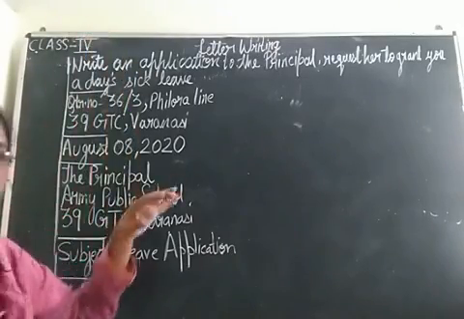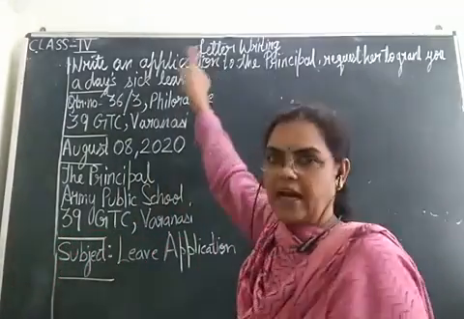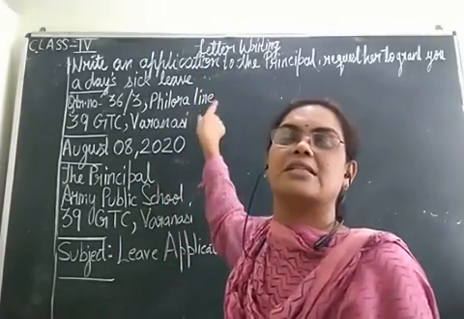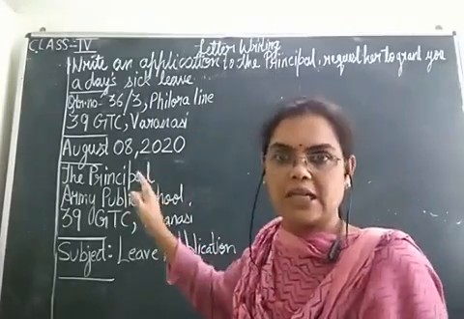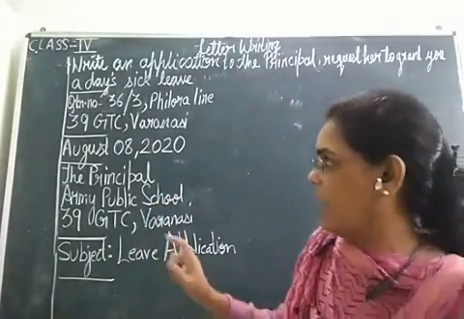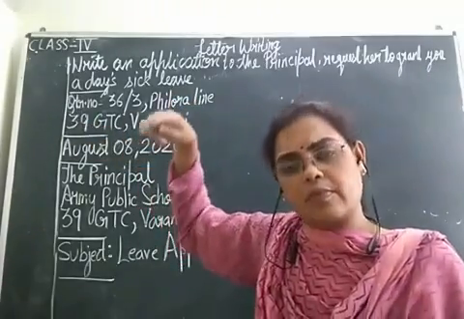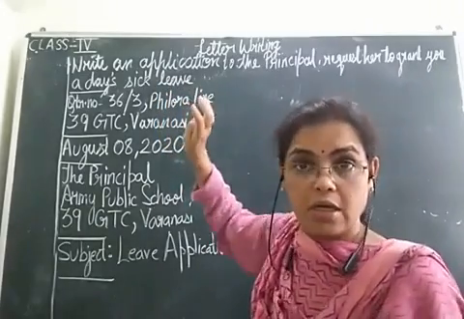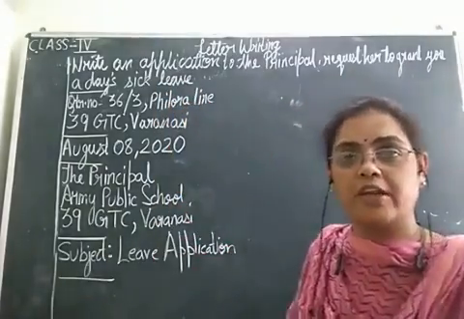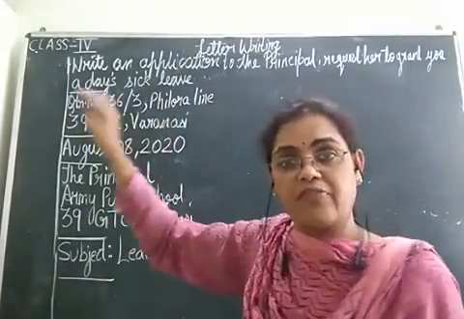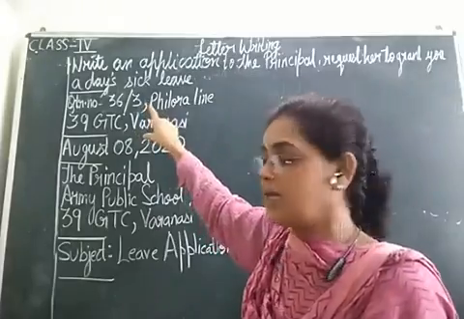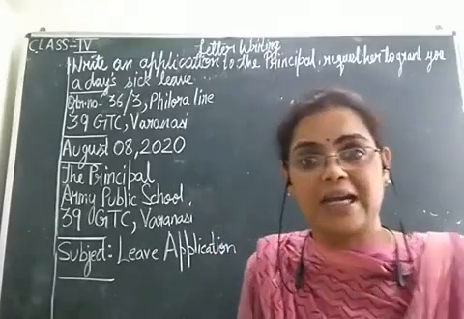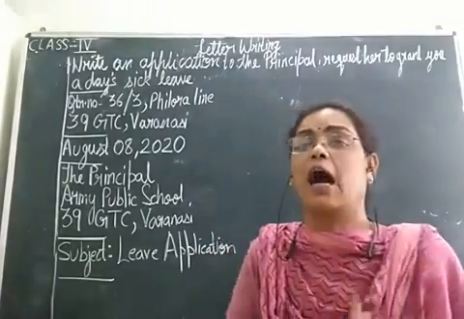So, I am repeating the format again. Please tell me. After the heading, you need to leave one line. Then you need to write the sender's address. You have to write your own address. I have just written an address of 39 GTC quarters. You don't copy the same address because you all live in different houses which are in different locations. So please write your address. So here you will write your address. That is the sender's address, the one who is writing the application.